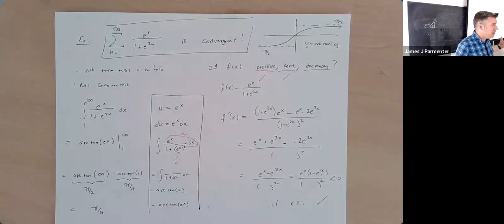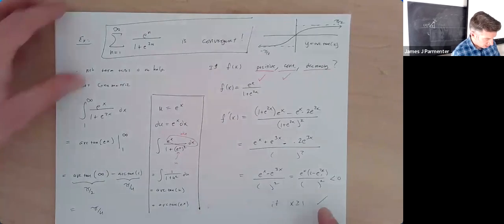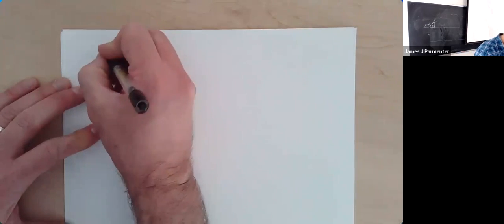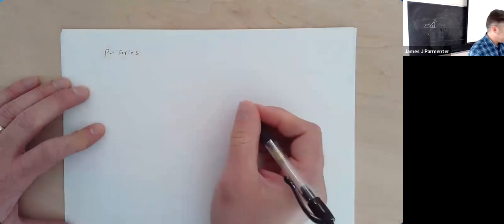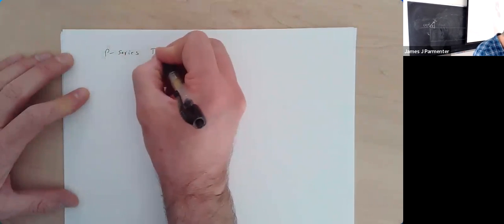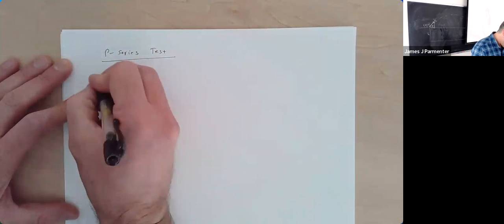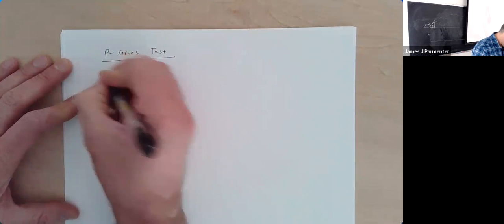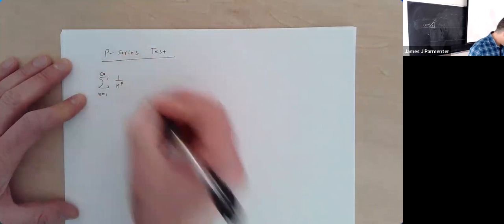Okay, so why do we really care about the integral test? Not that it's not useful, and certainly if you've run out of other options, it is a good thing to remember that we can do. Sometimes, especially something like this, there might be other ways of doing this, but this is probably the most obvious way. But really the reason we like the integral test a lot is because it gives us the p-series test. So here is the p-series test. It's not really a test so much as just an observation, but we can throw in the word test if we really like to. The series from n equals 1 to infinity of 1 over n to some power p